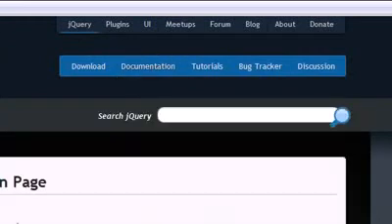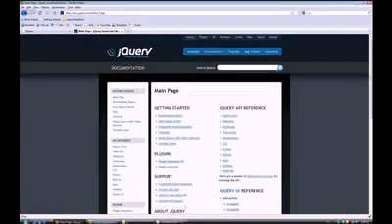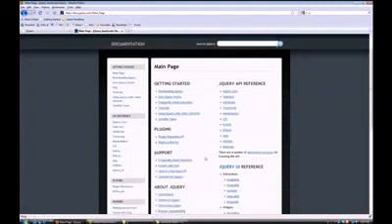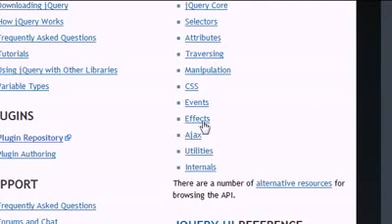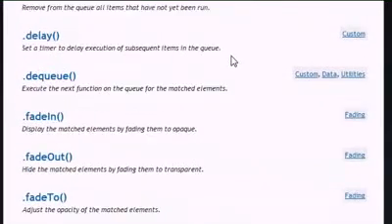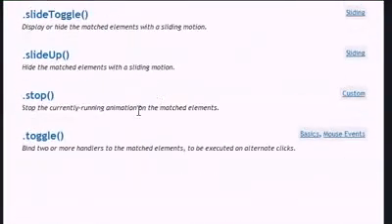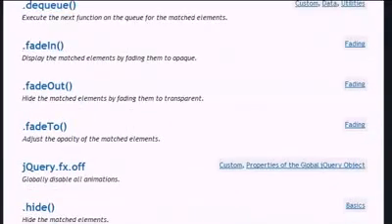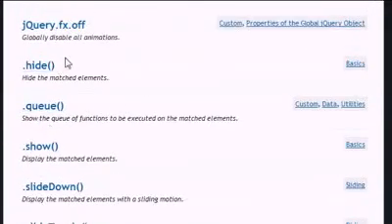But I'm going to go to the jQuery documentation, and if you're going to start following these jQuery tutorials, this is a place where you're going to want to spend a lot of time, because there's a lot of really in-depth documentation on jQuery that really helps you out, and it's free, and that's awesome because you can go here and look at all of this stuff. But for now, I'm just going to click on effects, and you can see there's about 10 or 15 different effects, and hide is one of them. I'm going to click on hide,